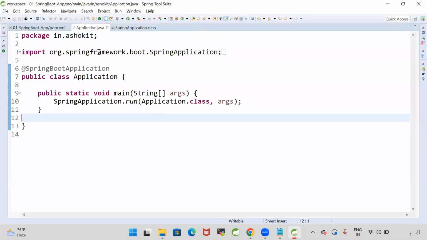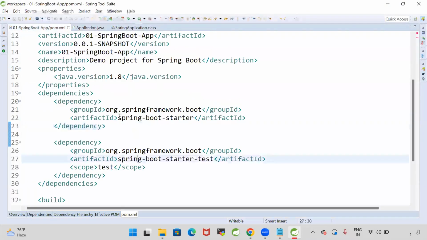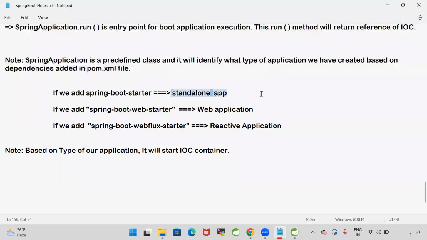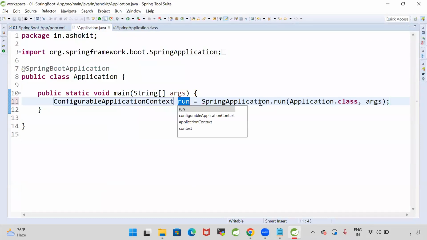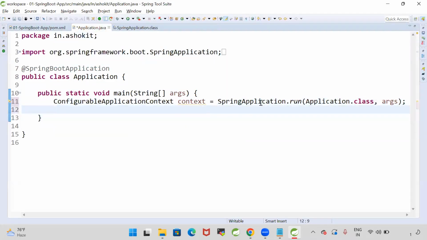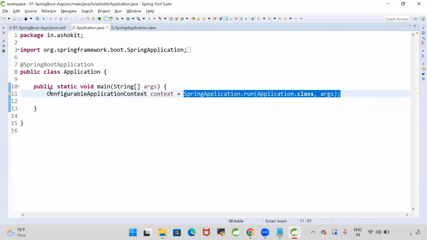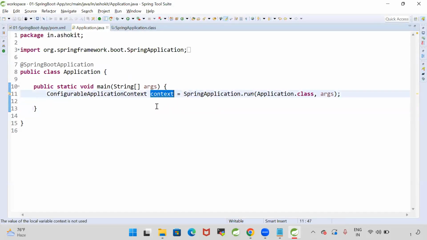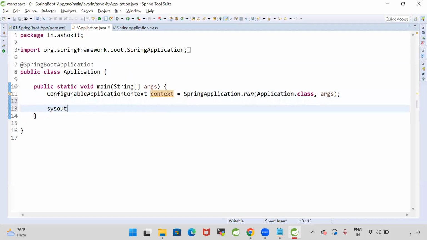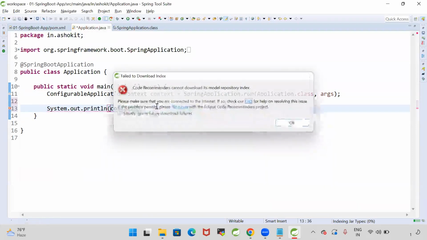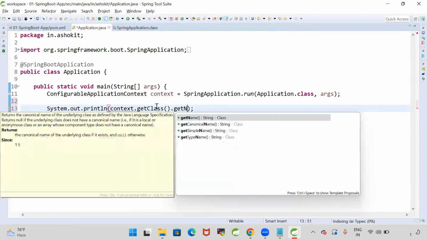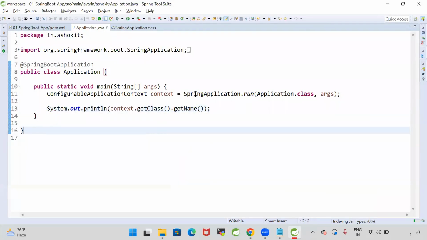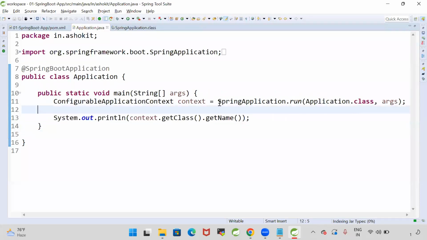If you create a project with just a starter, then it will consider that as a standalone application. Now see which class it is using to start the IOC container. If it is just a boot starter, I got the context. The Spring application run method is returning the configurable application context object. Let me get the name of the class, guys. System.out.println, which class it used to start the IOC container. Context.getClass.getName. I want to get the name of the class which is used to start the IOC container in our